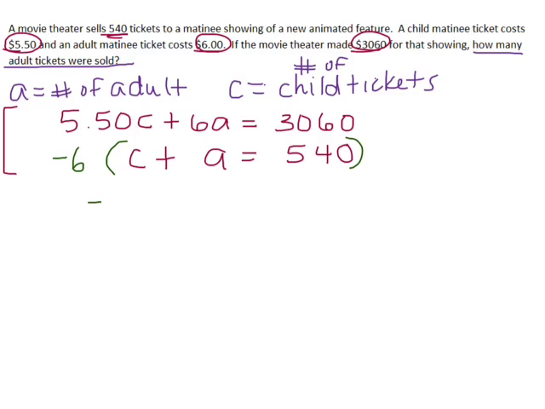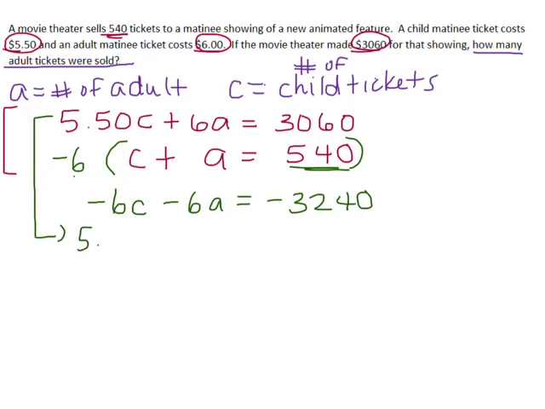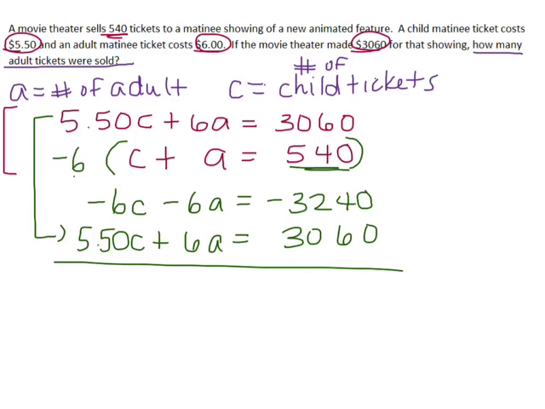So that makes this equation -6C minus 6A. And then I also need to multiply the 540 by -6, and I get -3,240. Now I'm going to just transfer the other equation down. And I'm going to add my two equations. So I get -0.5C, these cancel, equals -180. Now I divide both sides by -0.5,